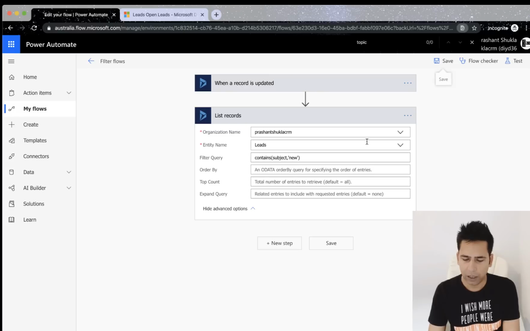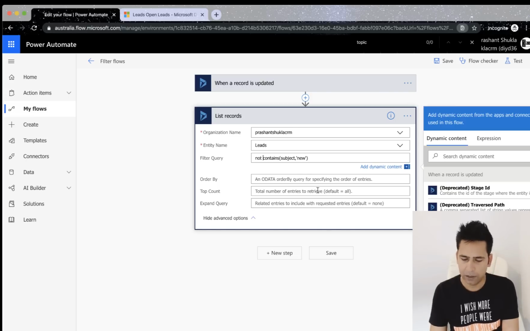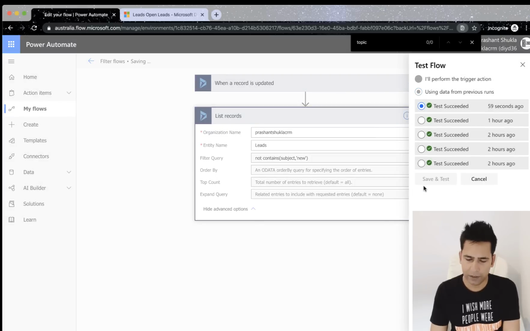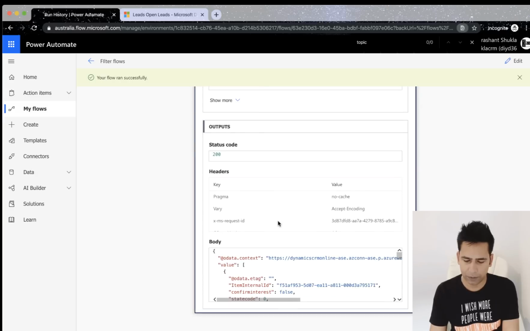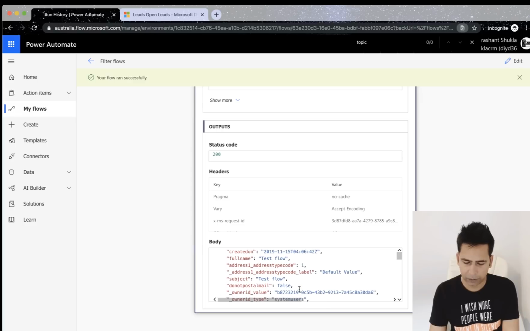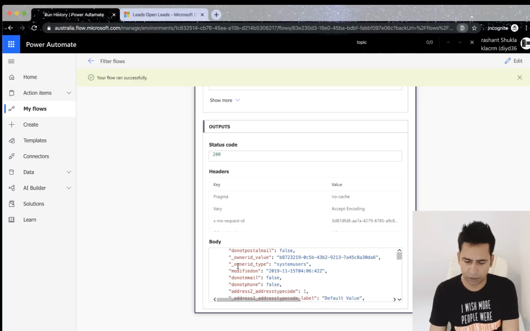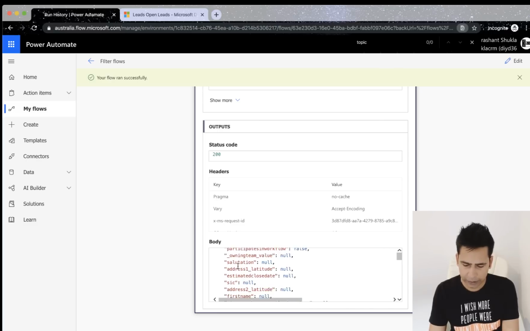Now similarly, I can say not contains new. So I'll say not contains new in the subject, and I'll test it again. Let me test it, and we'll again look at the XML, what it says. It has run successfully. Now if I scroll down, I'm not going to D365, although it's open here, but we can check it from the flow itself. So subject,